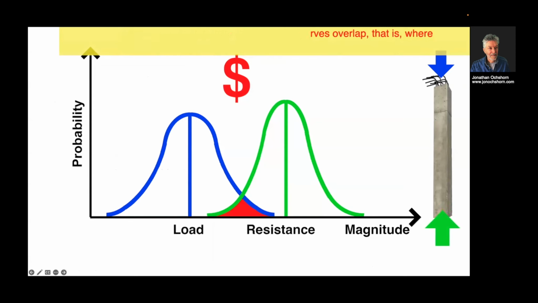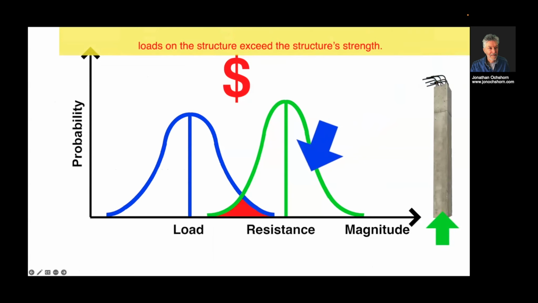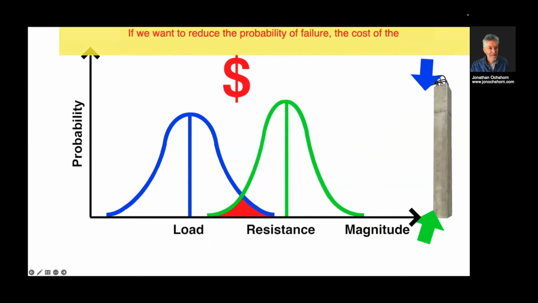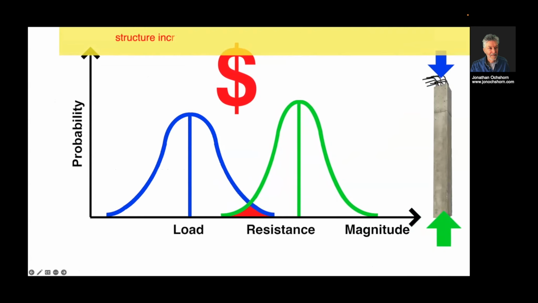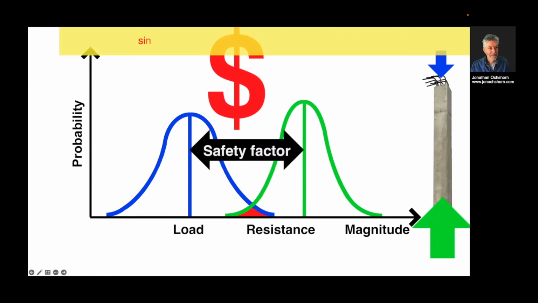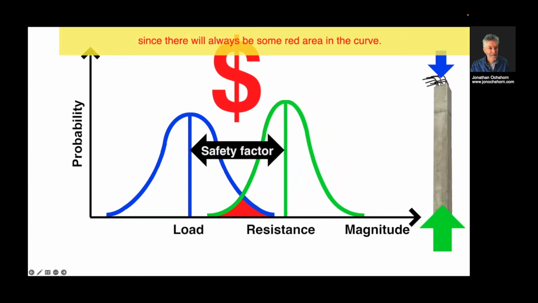That is, where loads on the structure exceed the structure's strength. That's that red area. So if you want to reduce the probability of failure, the cost of the structure increases. What we are really doing when we shrink the red area where the curves overlap is increasing safety factors applied to the structural strength. These safety factors, however, can never absolutely preclude failure, since there will always be some red